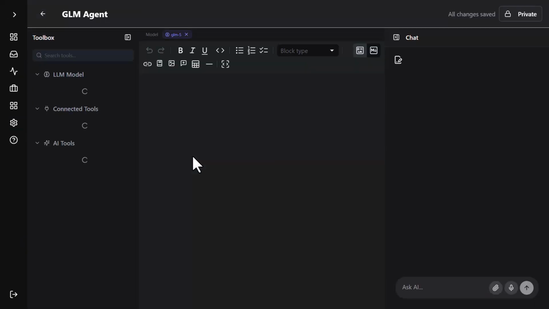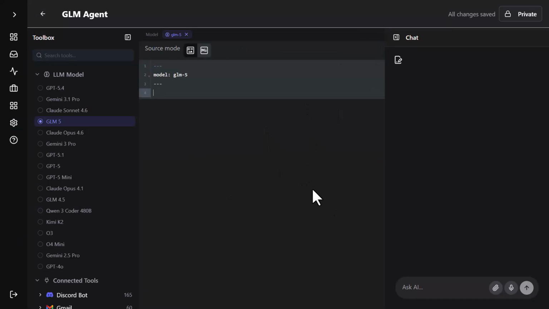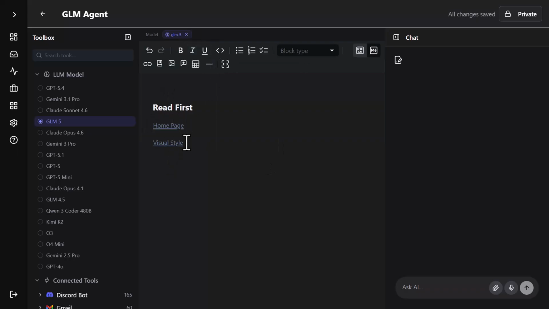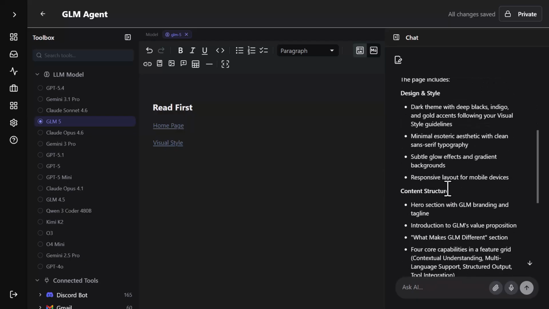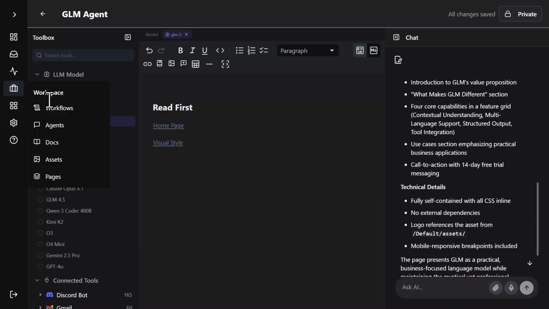Here we go. Now I need to paste in the context, so that way we have the same starting point. And I'll paste in the prompt, and I'll just replace Opus with GLM. And I'll send this, and we'll let that cook for a minute. All right, and it's done. And let's go see how it did. So once again, back to